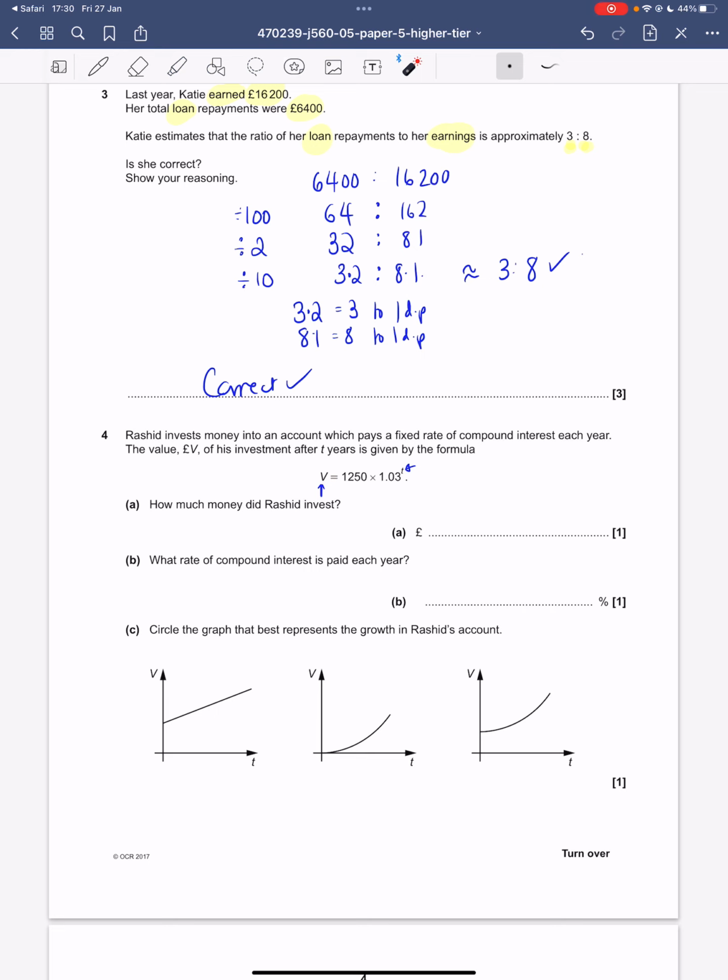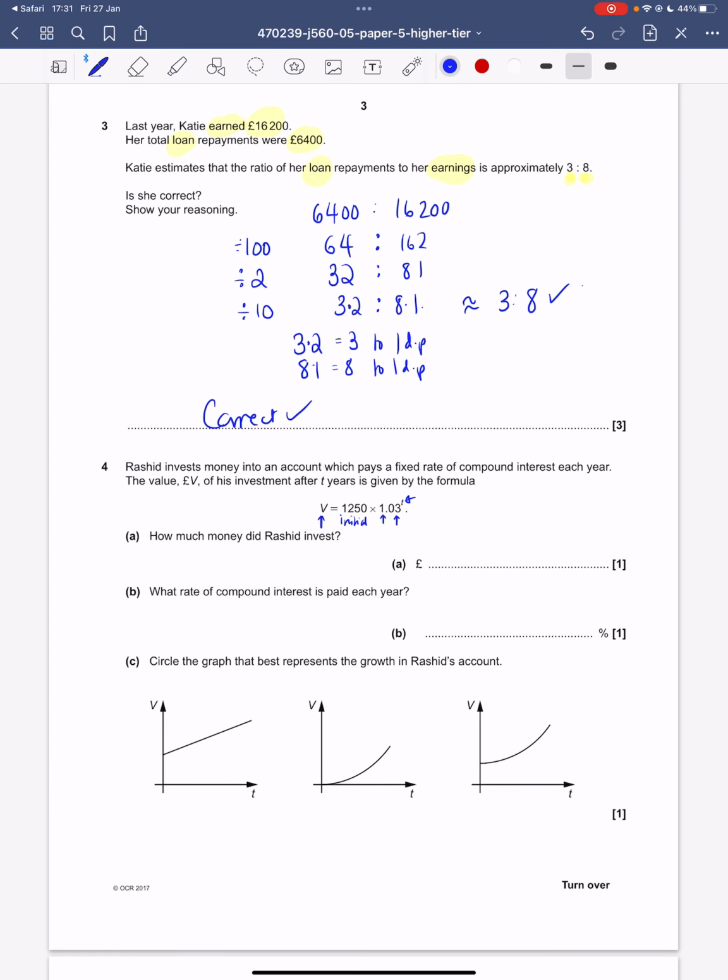This number here, this is always the initial investment, and it's multiplied. If there's a 1 there, it means if it was 1,250 times 1, there'd be no interest, but it would stay the same every year. So the 1 isn't the interest. The 1 means you're going to get your initial amount plus the